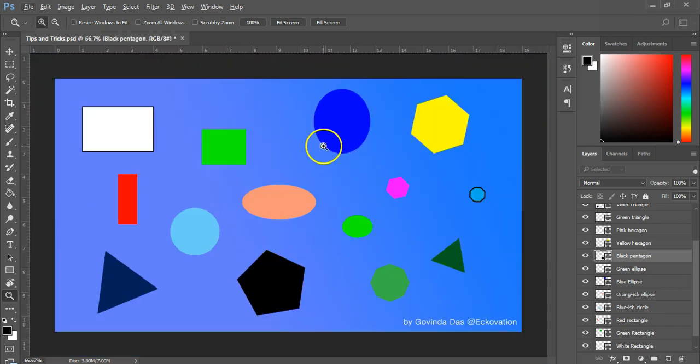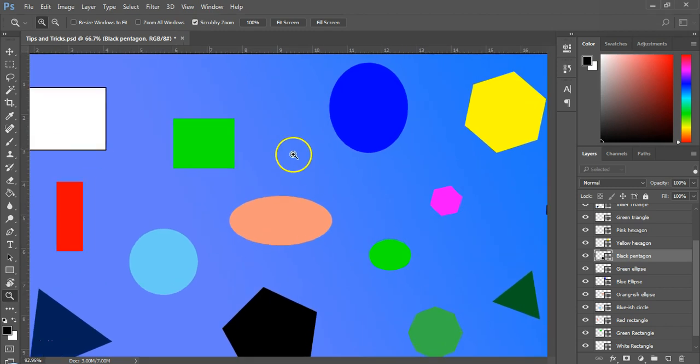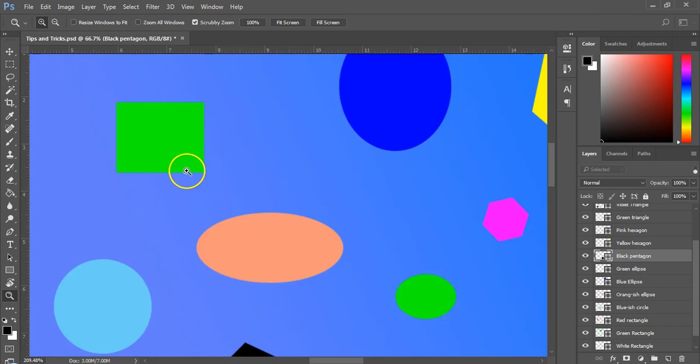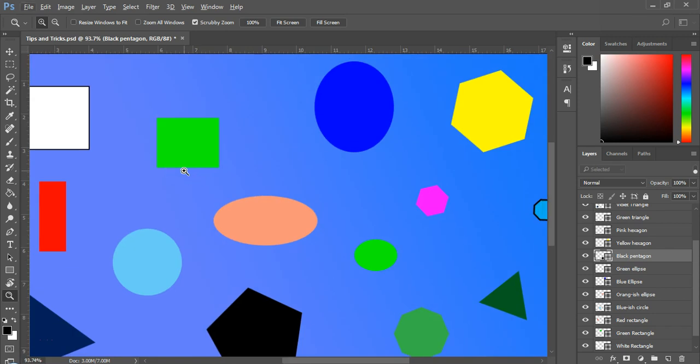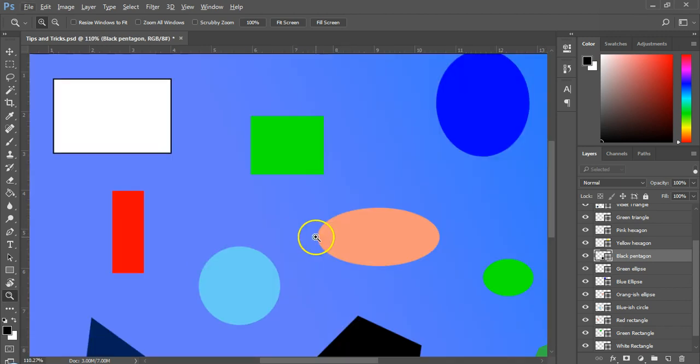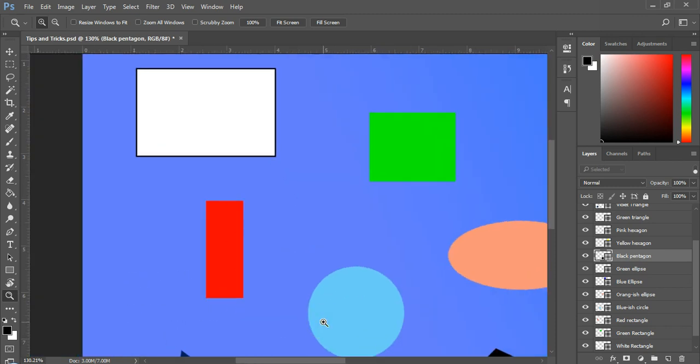See? Now look up at the control panel and find something called scrubby zoom. When it is checked, you have the ability to keep zooming in or out depending on how you move the mouse cursor. I mean, click and hold and move the mouse to the right to zoom in and left to zoom out. Nice, isn't it? Now uncheck that scrubby zoom and click and drag the mouse to select an area. And please select a large area at first so you don't get caught by surprise. Selecting like this will zoom that area to fill the entire application frame available for the canvas.